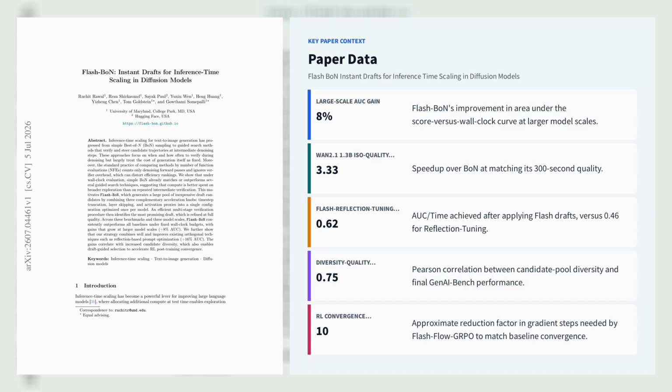Let's explore the first paper, FlashBond: Instant Drafts for Inference Time Scaling in Diffusion Models. FlashBond, from researchers at the University of Maryland and Hugging Face, challenges the assumption that diffusion model inference time scaling should spend computation on frequent intermediate verification. The paper shows that wall clock measurement, including verifier overhead, can favor broad best-of-n exploration over methods such as BFS,